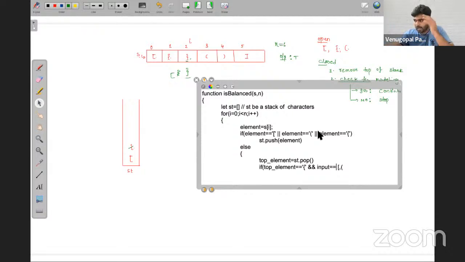So what I'm doing is removing an element from the stack and checking for the comparison. Correct? Now the same thing, I'm going to write it here.